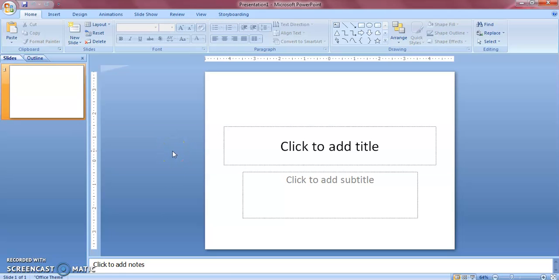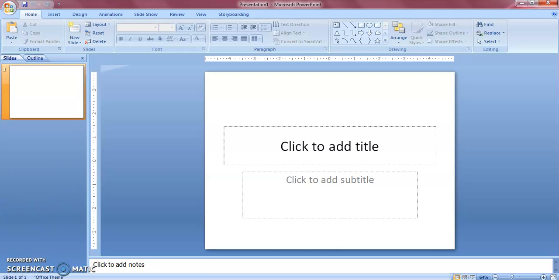Now the new part of the MS PowerPoint window is this box. It is called Slide. It is actually the working area of the user who wants to make a presentation. You use a slide just like you use a page in MS Word. You will use slides in MS PowerPoint to add your text, your pictures, and your videos.